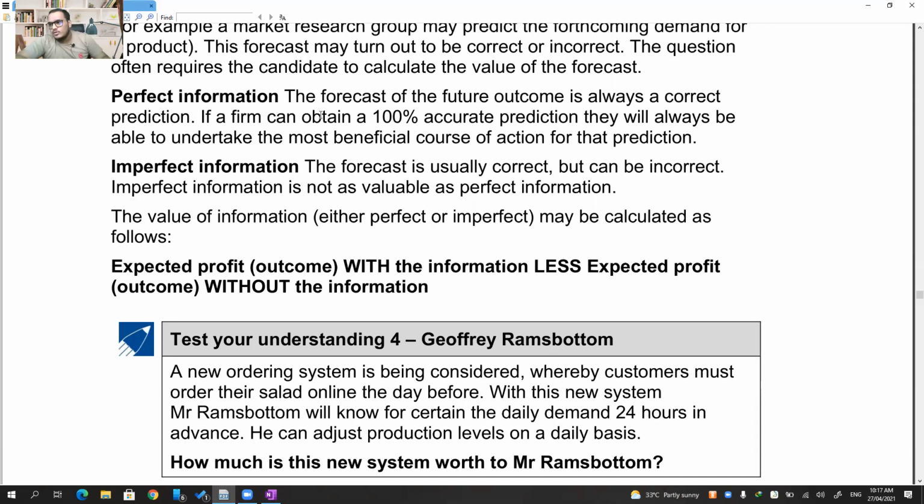I told you already, information is the new age oil. We already discussed that long back. So now we are going to talk about how to calculate the value of perfect and imperfect information. Calculate the expected value if you don't have information, and then calculate the value that you can achieve with information, and the difference would be the maximum price that you can pay for the information. So without information you can make $10,000. With information you can make $15,000. So that $5,000 is the value of the information. That is how we can find that out.